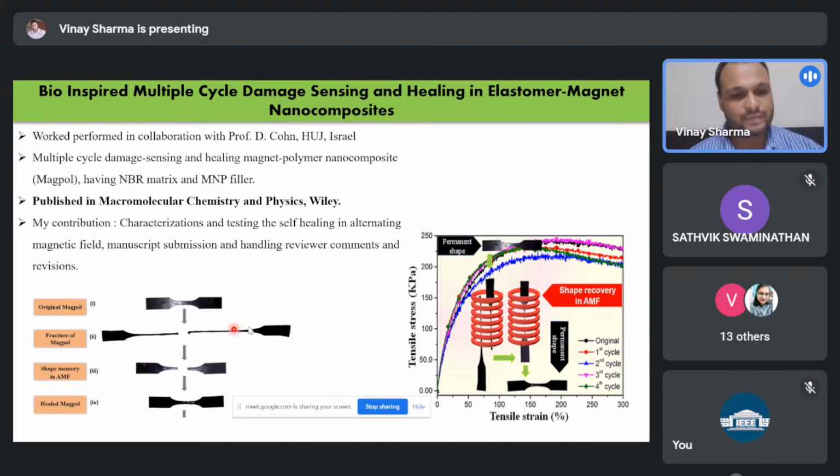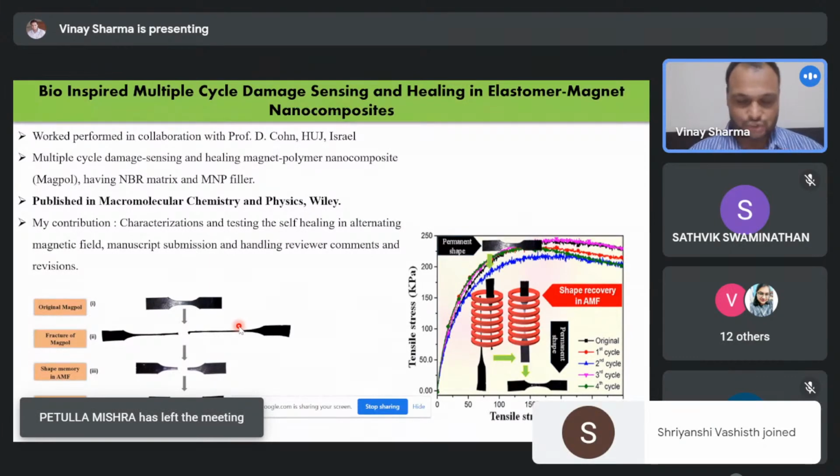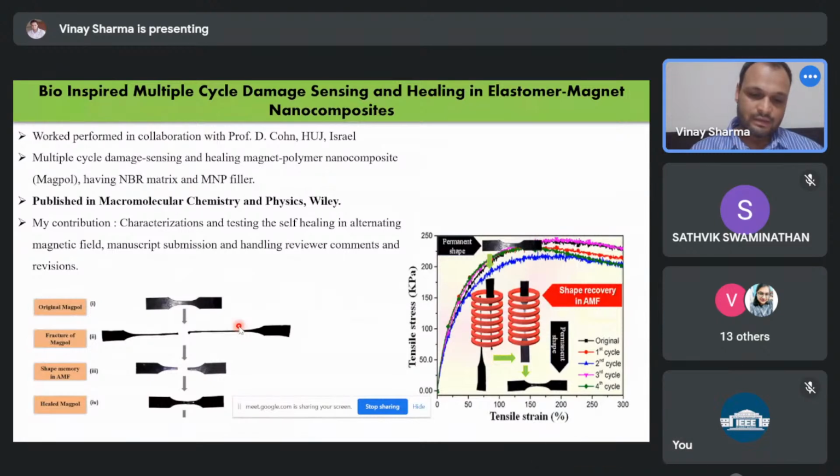In that group, I gave them a project working on this 3D printed multiple cycle damage sensing elastomer magnetic nanocomposite work. I wanted them to put this material as the sole of the shoes. So the idea was, if your shoes are broken or torn apart or some damage is on them, then you just need to put those shoes inside the RF coil just once, and they will be as